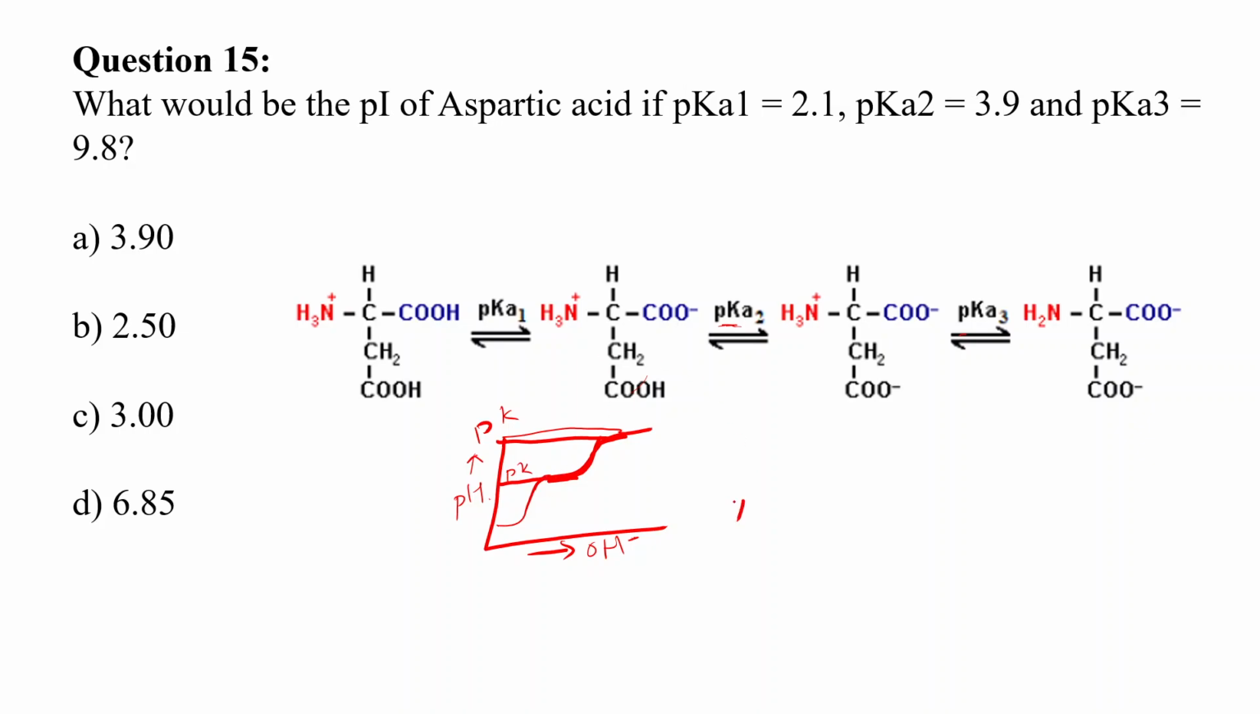So the isoelectric point, that is pI, is basically the pH at which the net charge is 0. The net charge is 0. So if you see here,